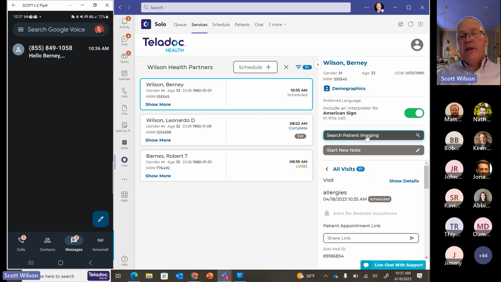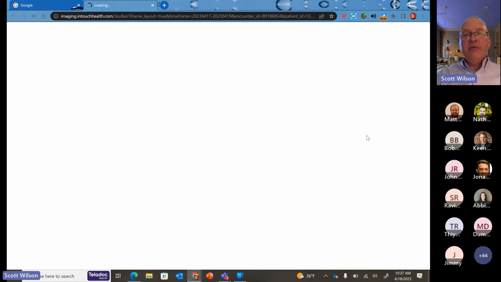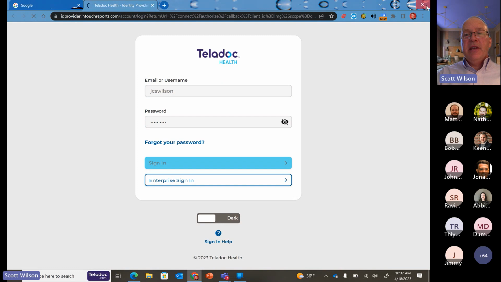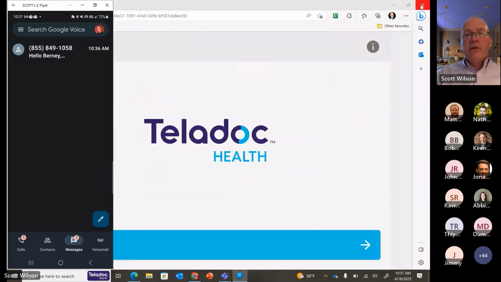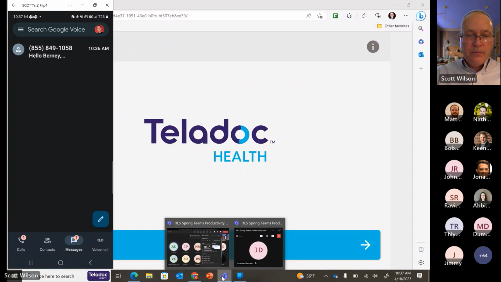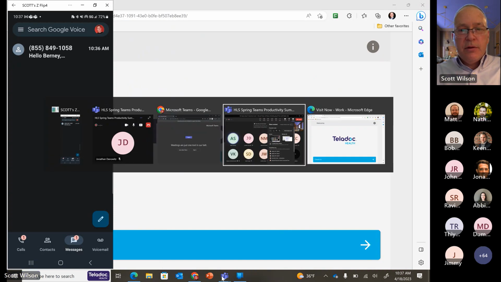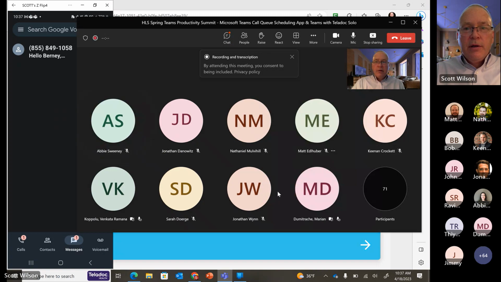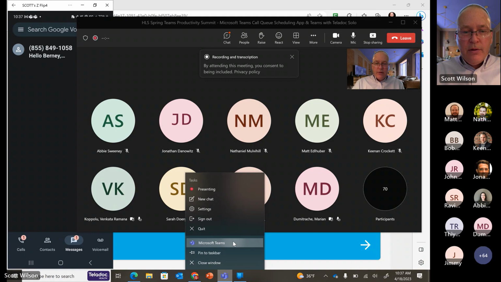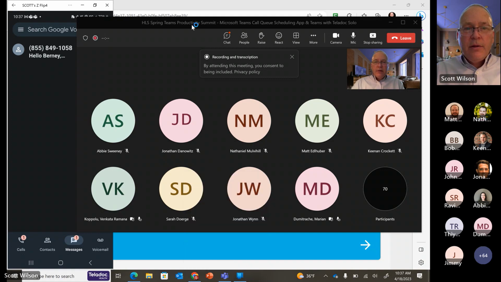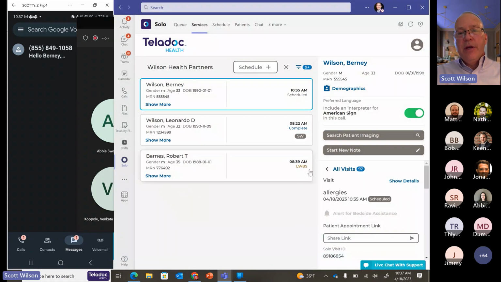I'm going to click this. No imaging will show up because Bernie doesn't have any images. But what shows up is it will log me into the system. Oops, that wasn't good. Close that by accident. See if I can get back to it. There we go. So when I go into the patient imaging, what that's going to do is it's going to